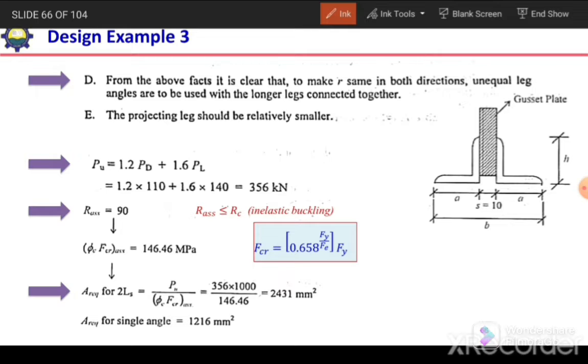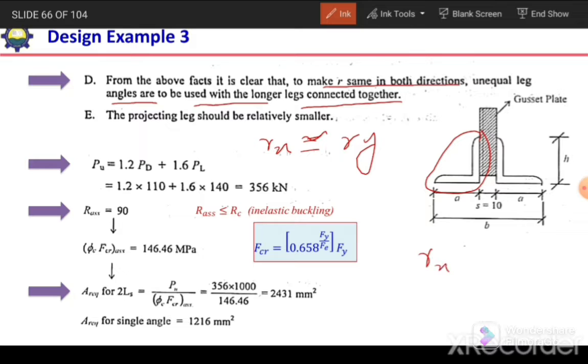Okay, from the above fact, it is clear that to make R the same in both directions x and y, unequal leg angles are to be used with the longer leg connected together. So if we want Rx equal or nearly equal to Ry, we need to select these individual members in such a way that their Rx is sufficiently greater than Ry. So when Rx is greater than Ry for individual members, when we make the double angle or built